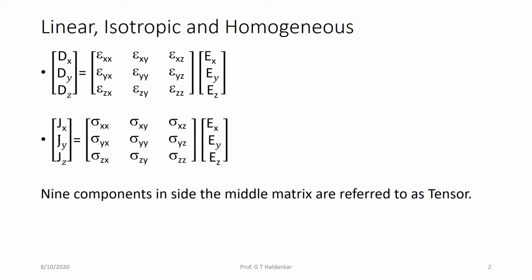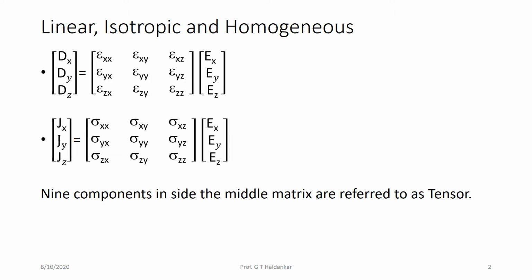So here three words to define: linear, isotropic and homogeneous. These are related to the material, but since we are transmitting electromagnetic waves in a medium, the medium may be capacitive, may be conductive, or it may be a dielectric. So at that time we are going to define this linearity, isotropic or homogeneous.